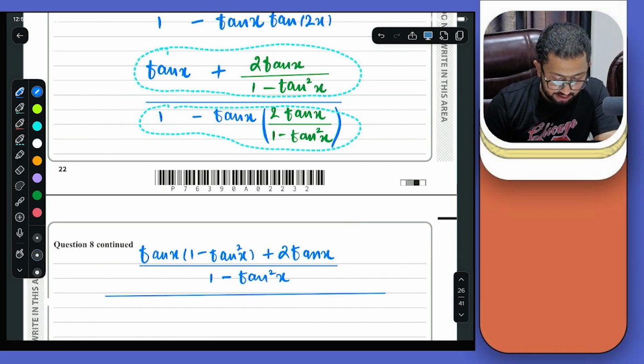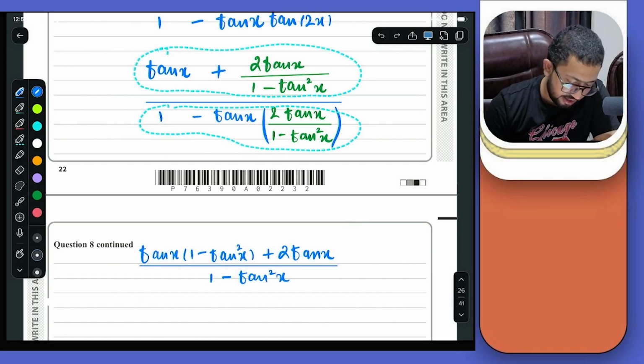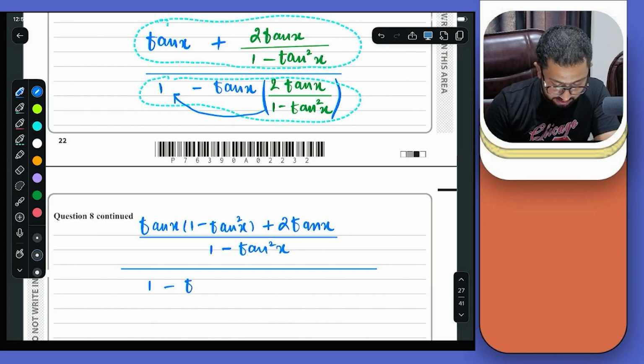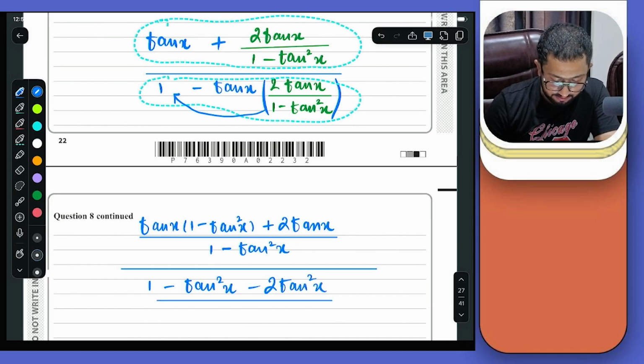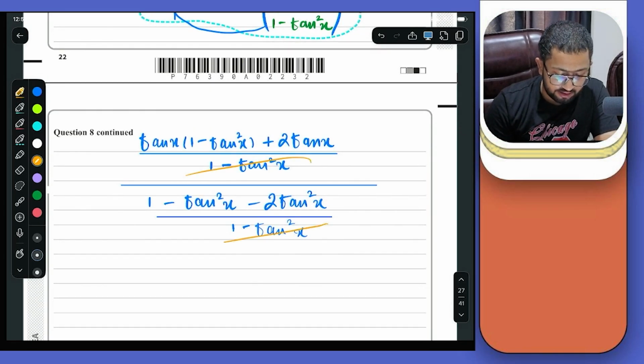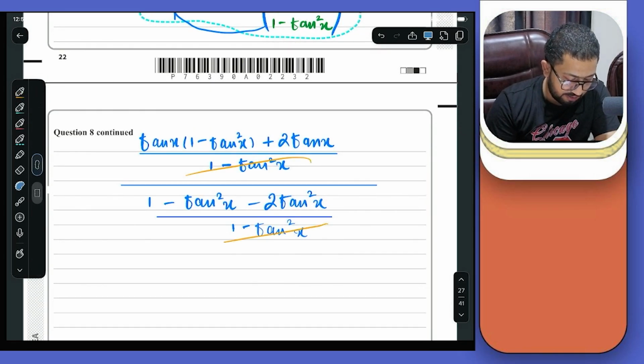Similarly, what can I do in the denominator? Again, apply LCM in the denominator. Simply multiply with 1. So 1 minus tan square x and minus 2 tan square x. Now these two can be cancelled out with each other, so the remaining term will be